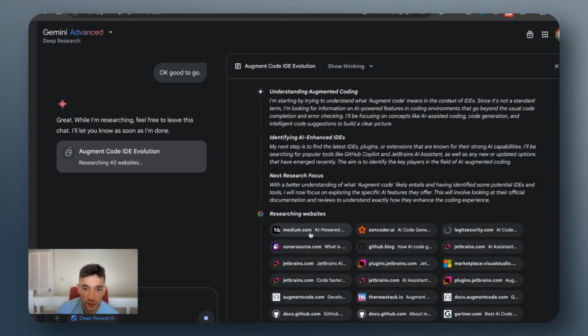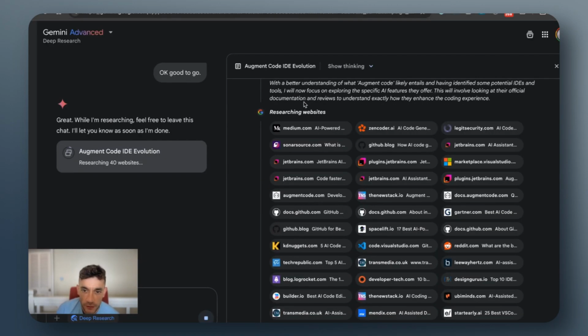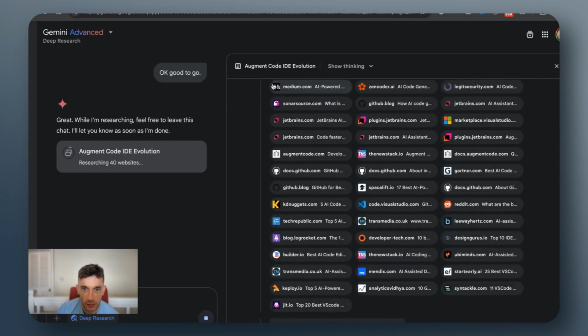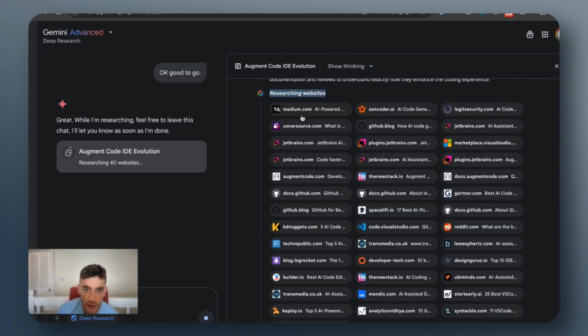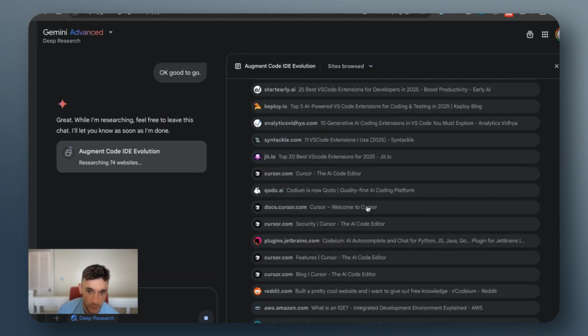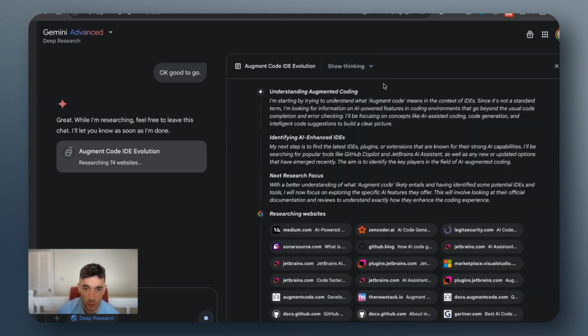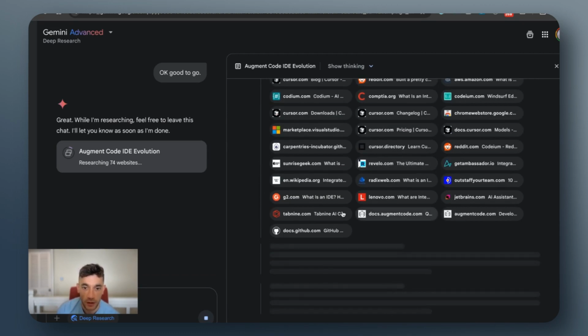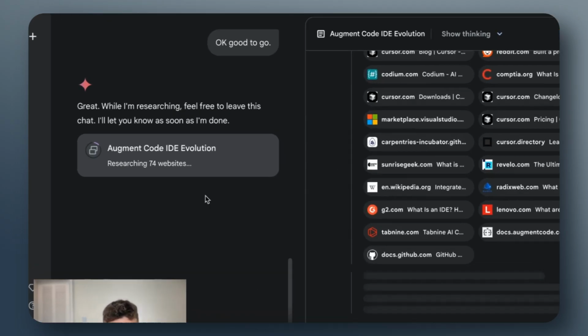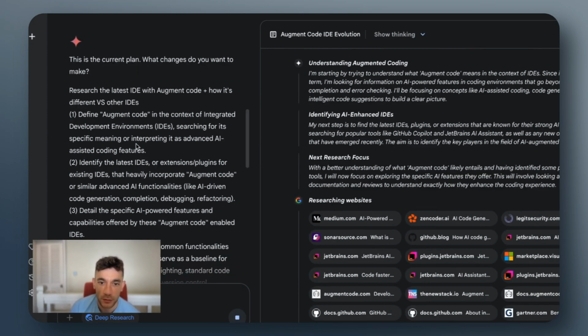Right. And then you can see the sources that it's found right here. So here's an example, and it's got all the sources. It actually finds a lot of different resources when it's researching the websites. You can actually see the thinking or you can see the sites that are actually browsed. And basically this AI agent is just going off, searching the web, doing the research for us. And then it will generate the report once that's done. Actually insane how many websites it's researching. So it's researching 74 different websites to go and get the answers that we need, which is pretty awesome to